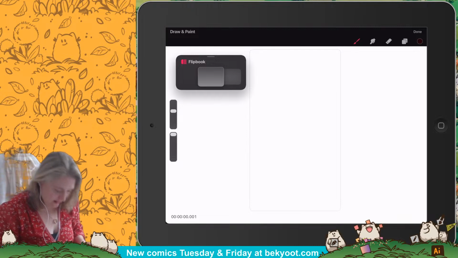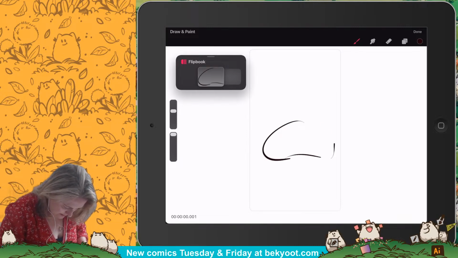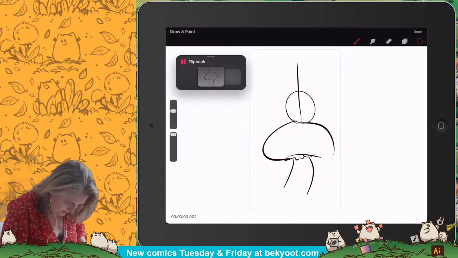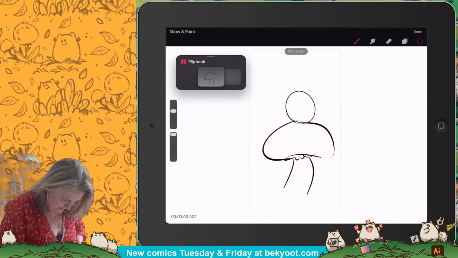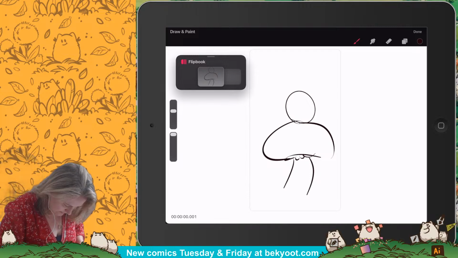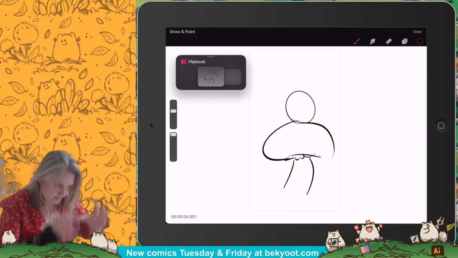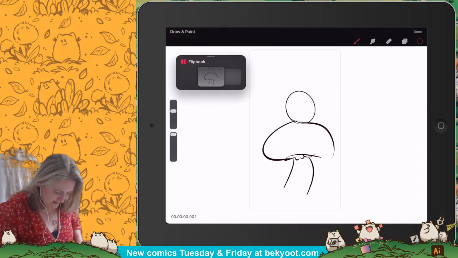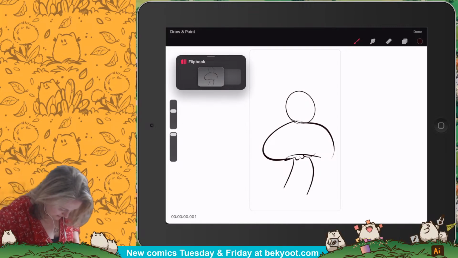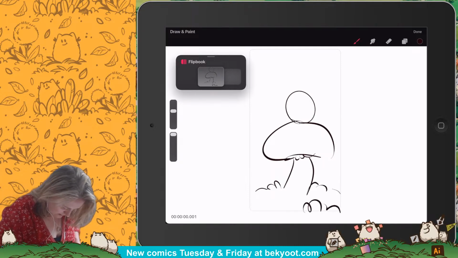All right, so what I want to have is the floof is going to be bouncing, and then he's going to do a big bounce, and so maybe the mushroom is going to squish and then boing. Oh, this is going to be difficult, but that's okay. And then I'll have like some little,